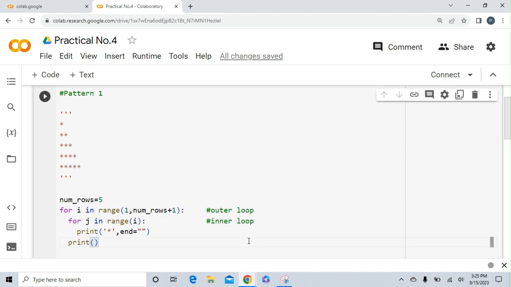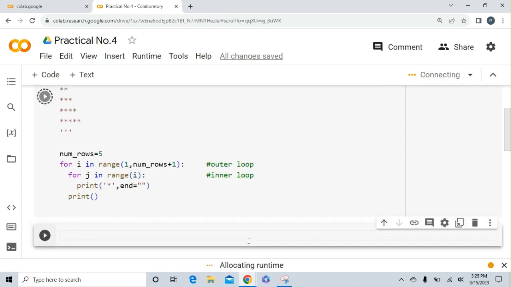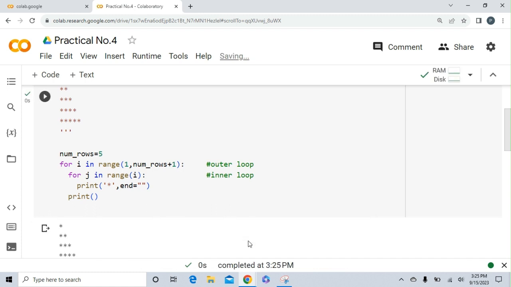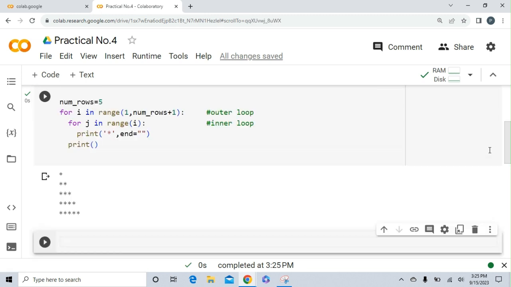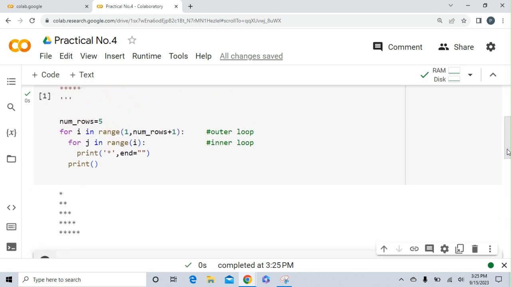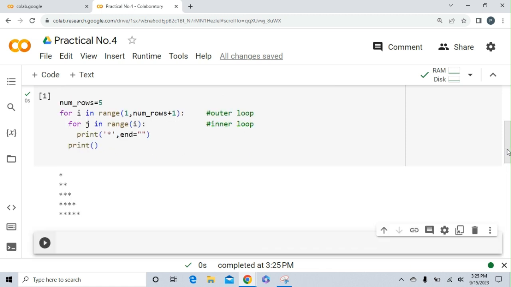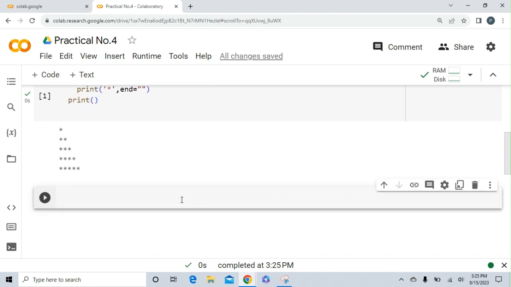So if I execute this program by pressing Shift plus Enter, here is the output we are getting. So this is the same as the output we have here. Okay, so our second pattern will be